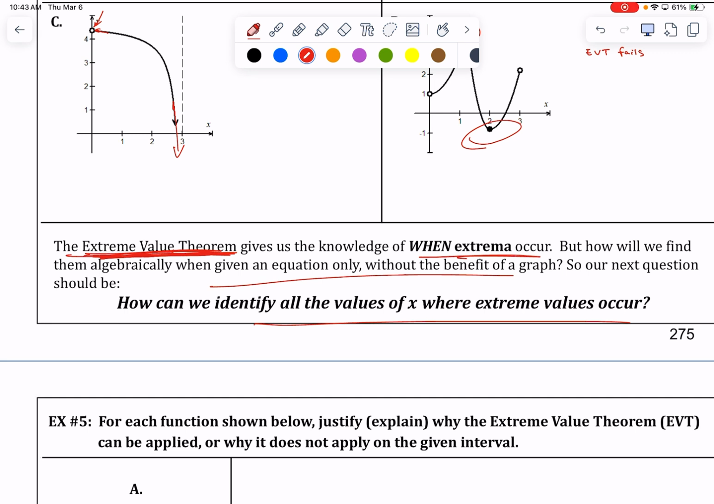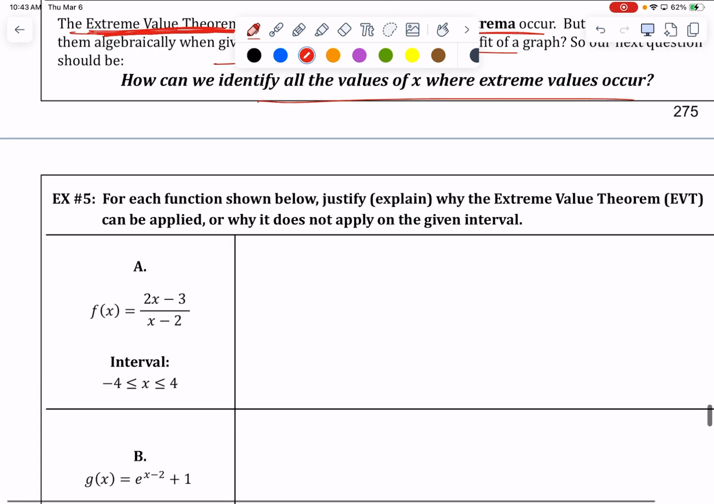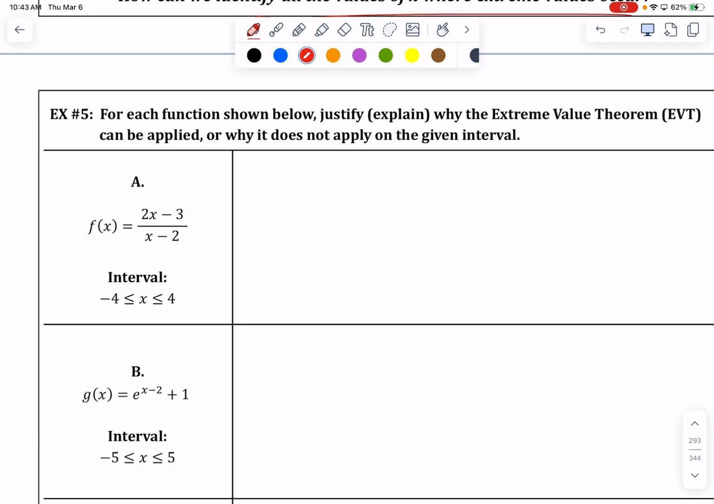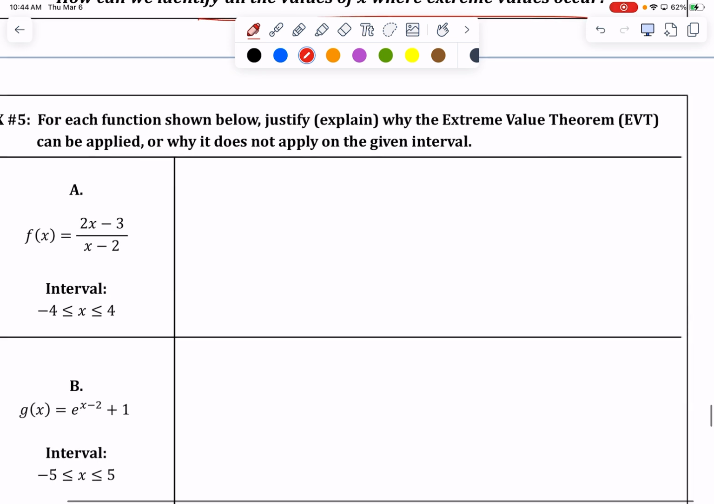You can have peaks or valleys where the derivative equals what? That's horizontal tangents, where it's nice smooth curves at the top and bottom. You with me? Or if you have points of non-differentiability and you get cusps and corners and vertical tangencies, that'll be where the derivative is undefined. So we're going to have to find both. So when we do this, the first thing you're going to do is you're going to use EVT and show